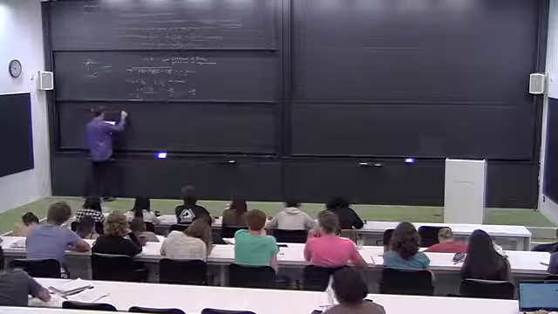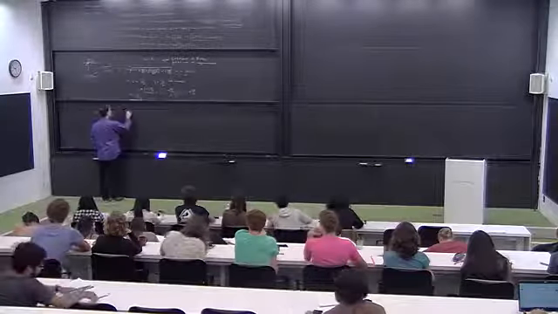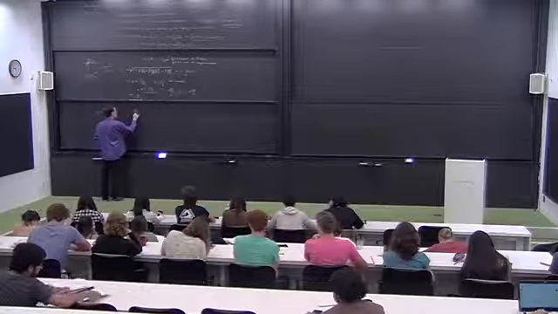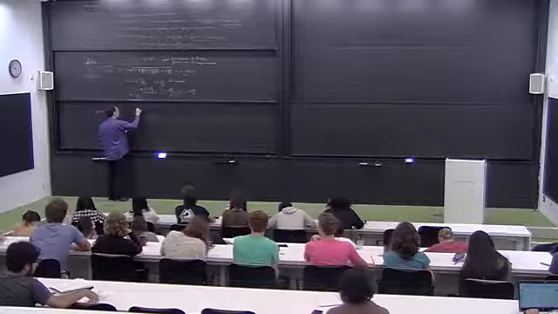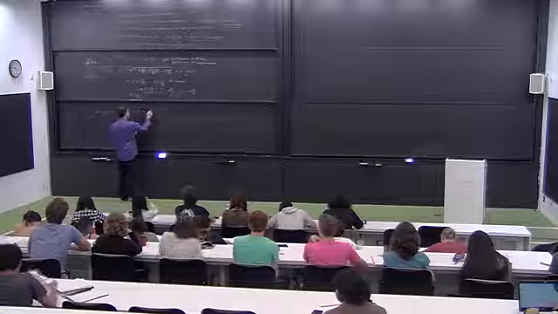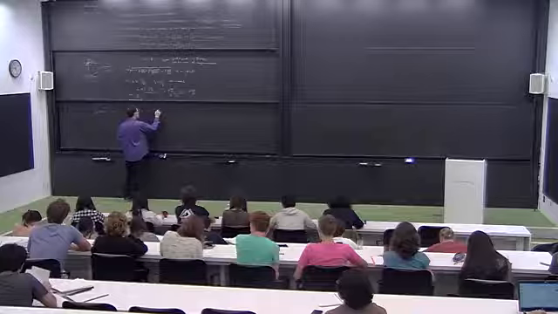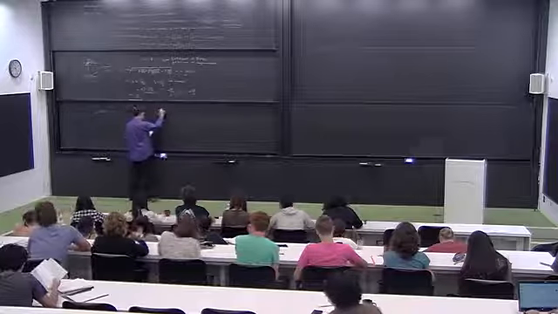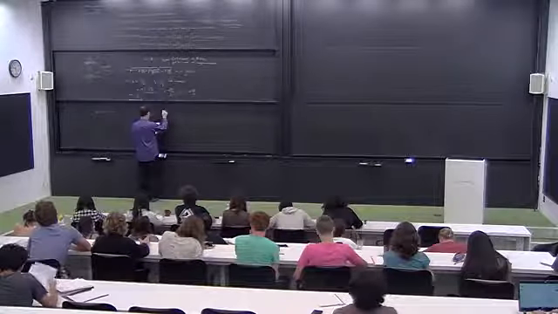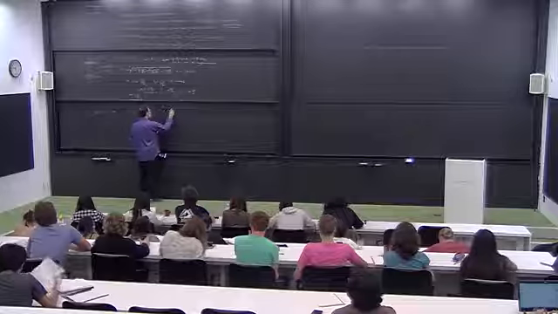So that just reads minus 1 minus r_s over r t dot squared plus 1 minus r_s over r inverse r dot squared, and then we have plus r squared phi dot squared